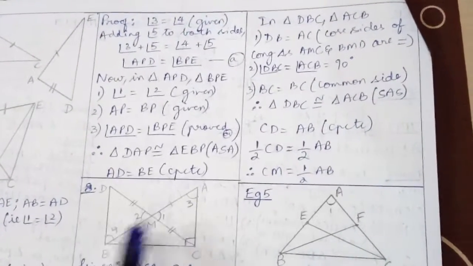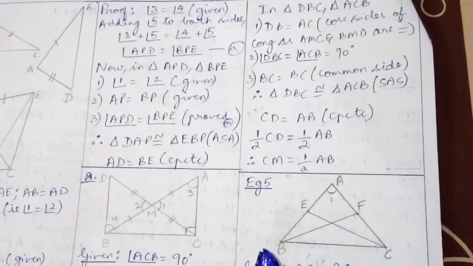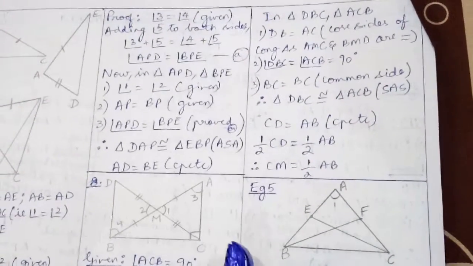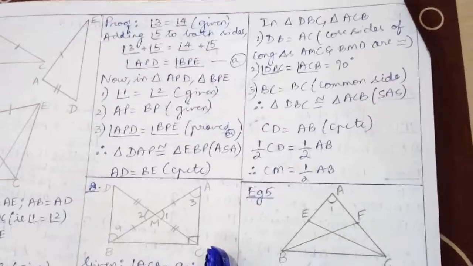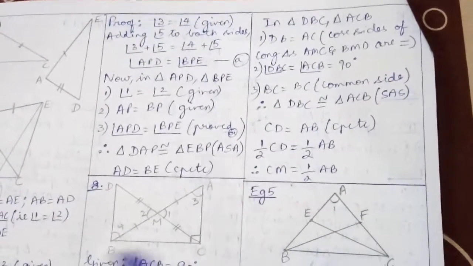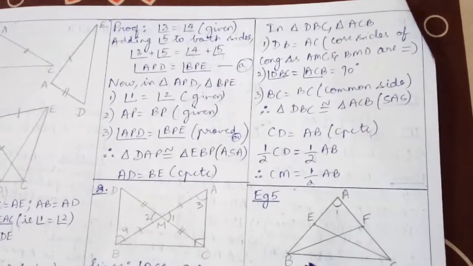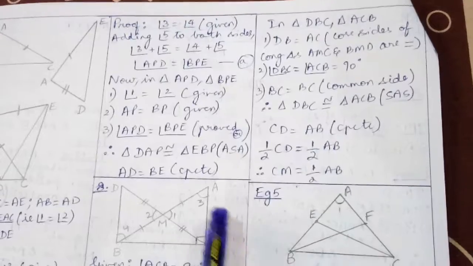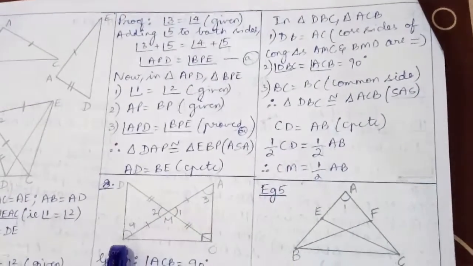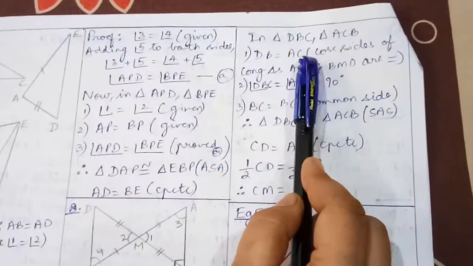How do you know that DB equals AC? It's not given to us. You cannot simply write something, you must justify. Meaning, when you say two things are equal, two angles or two sides are equal, you must give a reason. It should either be given to you in the question, or you must have proved that result. So AC equals DB is not given to us, and we have not proved it also. Then how can you say that DB equals AC?